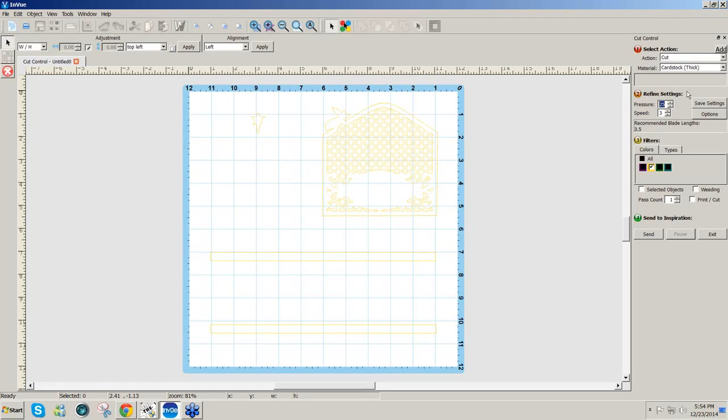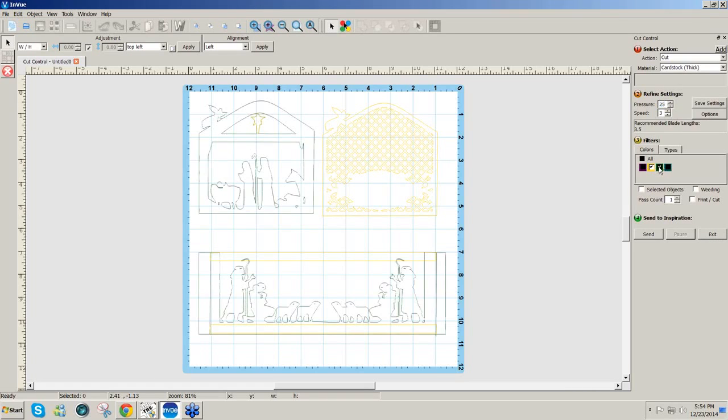Or I can add a new type of media and set my own settings so next time it'll remember. So if I want it, then I finish that cut, and I want to cut the green here, I can,